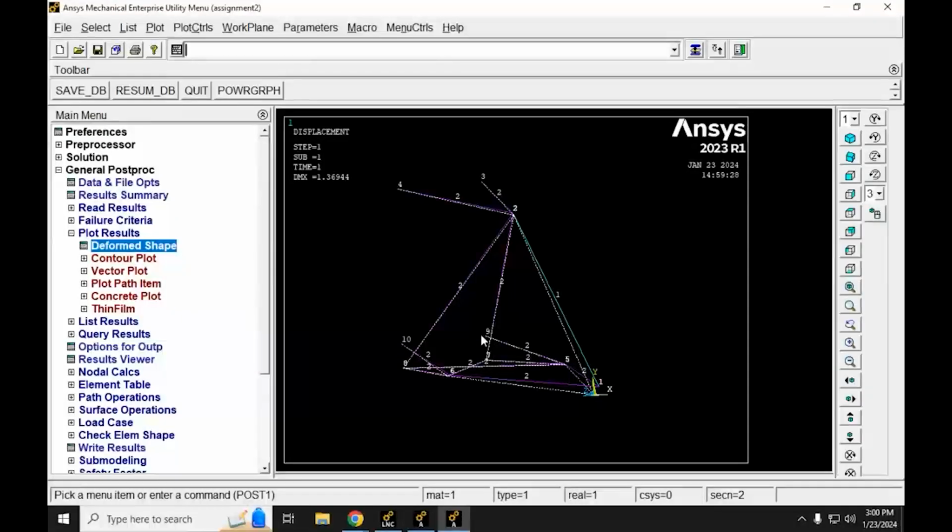On nodes. Then you're going to click read or... Solve it. That's fine. All right, so